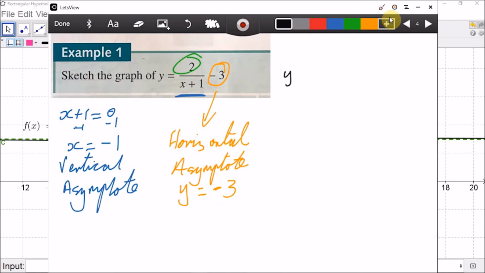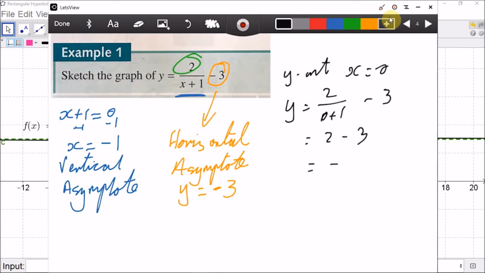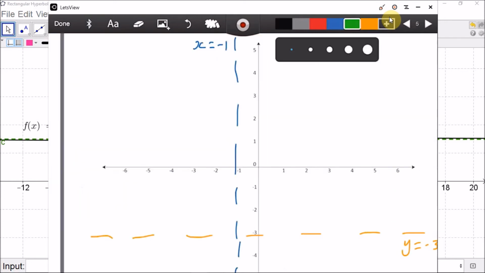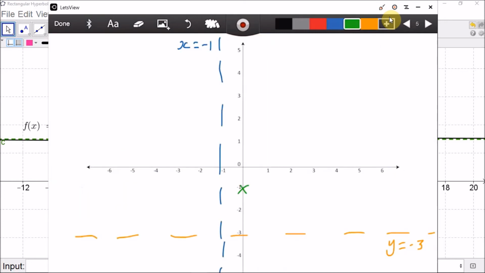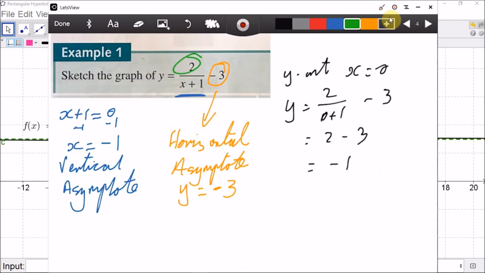So the y-intercept, x equals 0. So y equals 2 over 0 plus 1 minus 3. 2 minus 3, -1. All right, so we've got intercept there. We now need to look at our x-intercept,